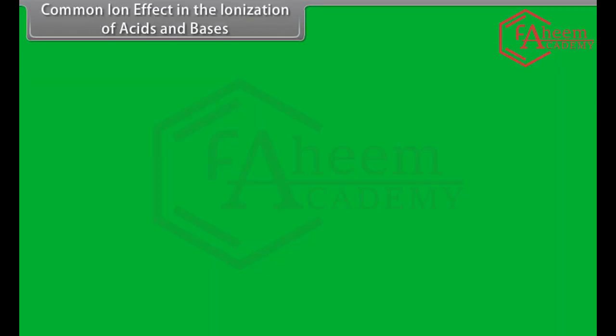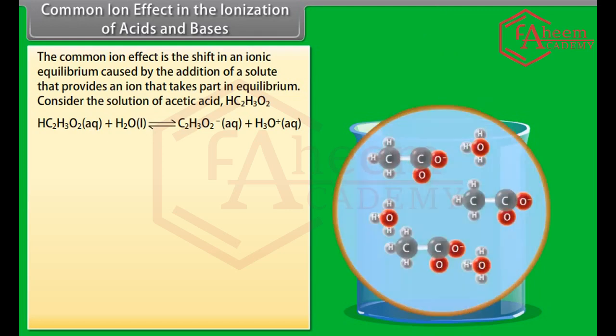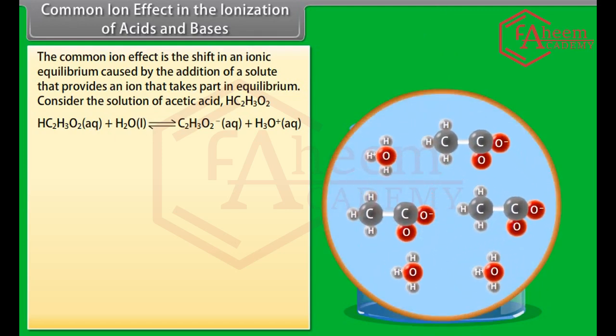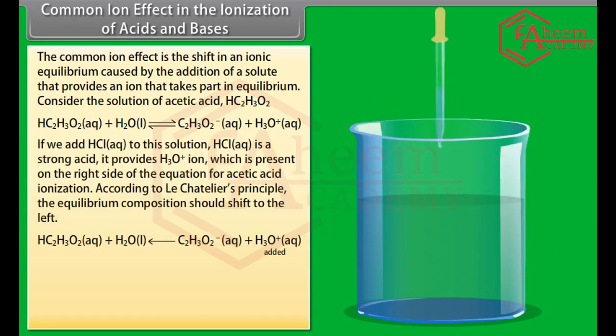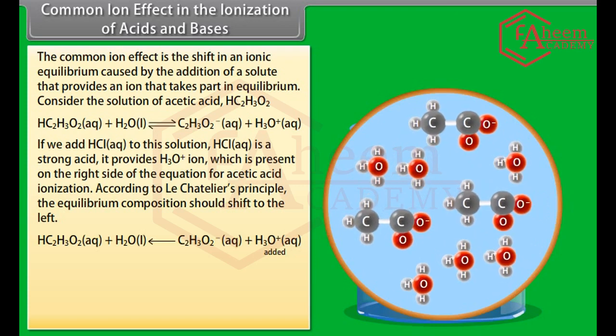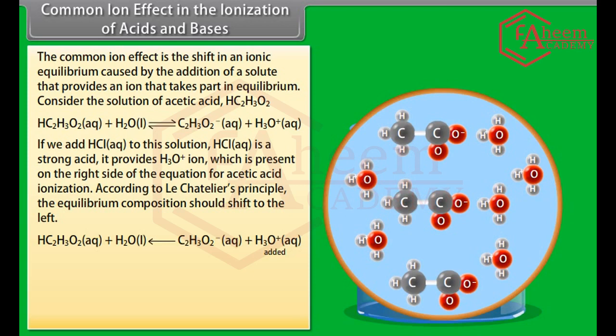Common ion effect in the ionization of acids and bases. The common ion effect is the shift in an ionic equilibrium caused by the addition of a solute that provides an ion that takes part in the equilibrium. Consider the solution of acetic acid, HC2H3O2. If we add aqueous HCl to this solution, HCl is a strong acid. It provides H3O plus ion, which is present on the right side of the equation for acetic acid ionization, so according to Le Chatelier's principle,